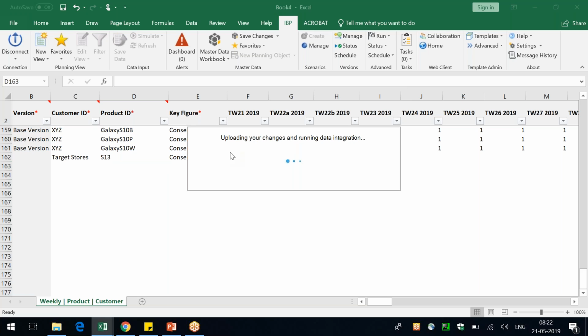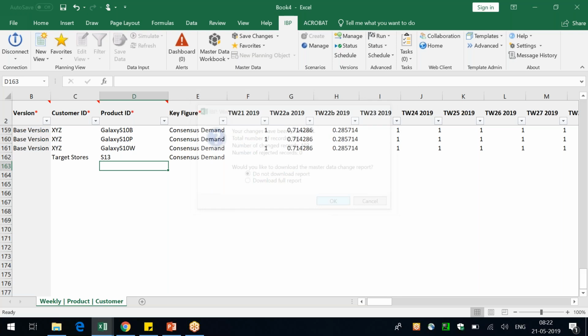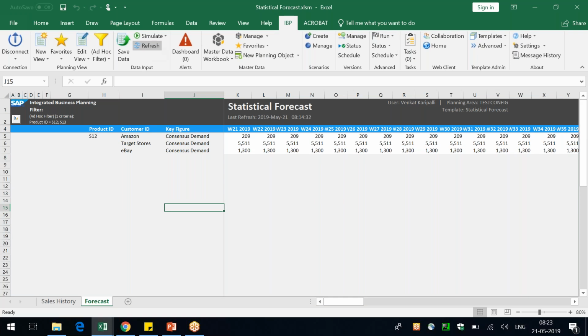So imagine that this is the data integration job. One or two records have been changed, even though there is no value. But then what does it mean? Why are one or two records changed? That means it creates planning objects in the back end. So now if I do a refresh,